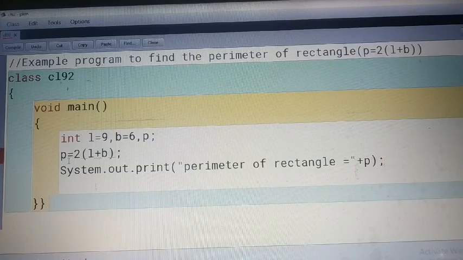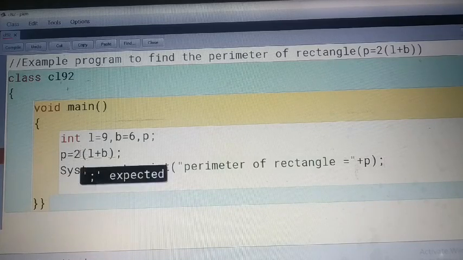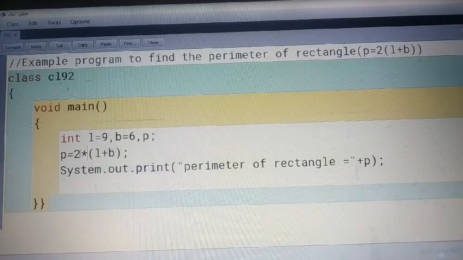So we have to write 2 into, means the asterisk, just before the bracket.